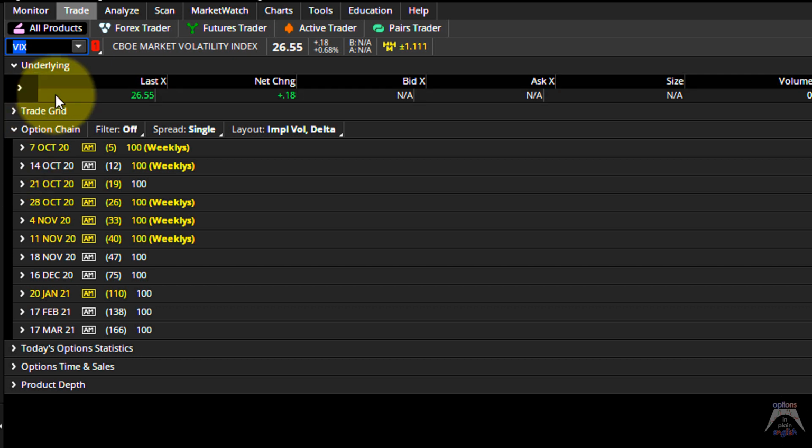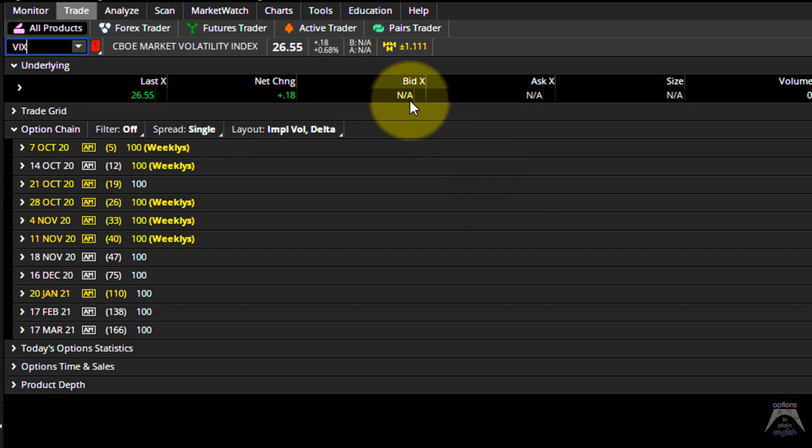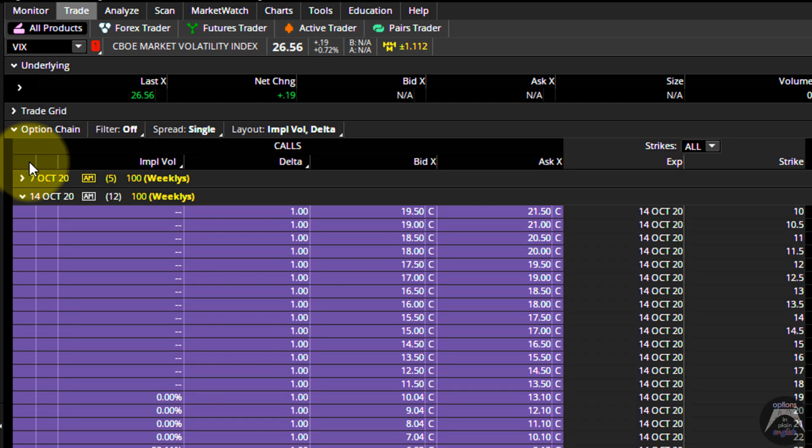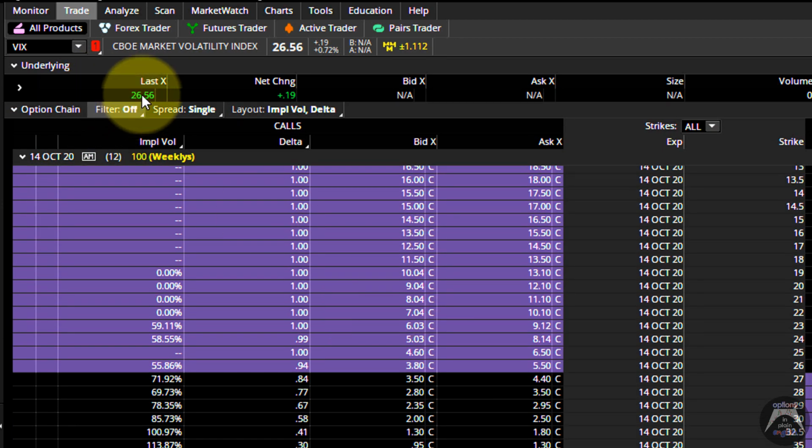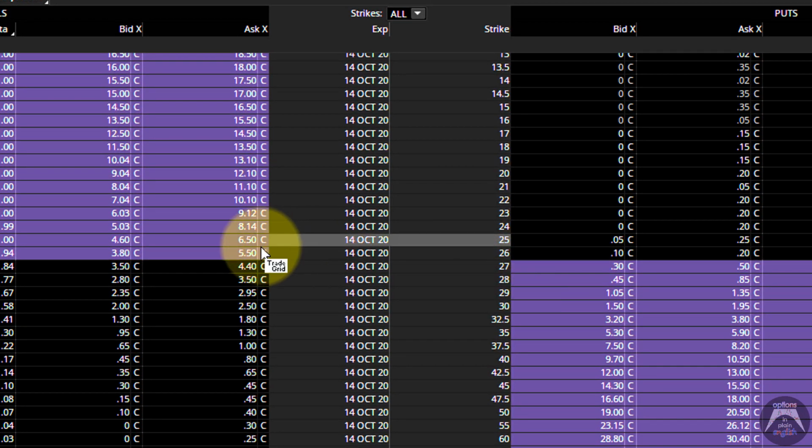So what I'm going to do here is, this is the VIX. I cannot buy it or sell it because it doesn't have a bid and an ask, because it's not a tradable instrument, but you can do option strategies. So let's take, for example, this one, the short-term one, the October 14th. Remember, the VIX is trading at 26.56, but if we go to the at the money bid and ask